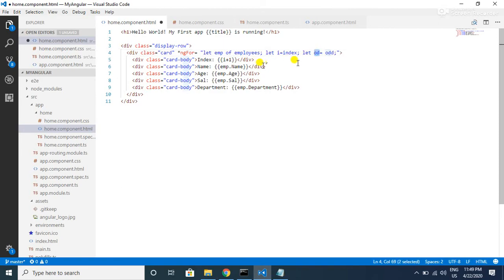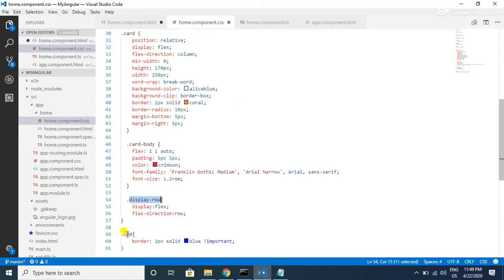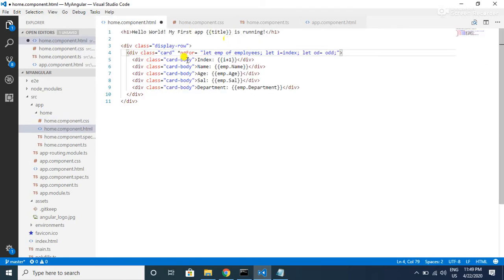And as we have created one class called odd, I am going to bind this only for odd rows. So I will use a class binding, class.odd is equal to, and I can use this variable inside this host element or on the host element. As I am on the same host element, I can still go ahead and use this.